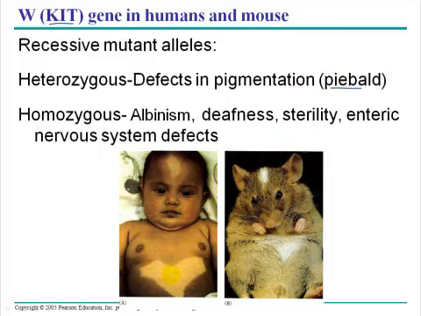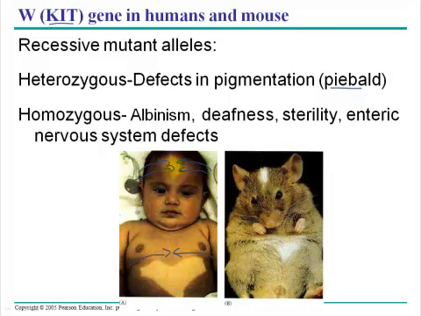So we have this characteristic patchy pigmentation where you're missing pigmentation on the belly, missing pigmentation on the forehead, in this very characteristic pattern. And the reason that we get this pattern is because we have a defect in the migration of the cells that are going to become the melanocytes, which normally come from the back of the body where the neural tube is early in development and migrate around and then come together at the midline, right? So normally we have migration that looks like this around the embryo and meeting up at the midline. And for whatever reason, melanocytes never make it to these two patches of epithelial tissue,